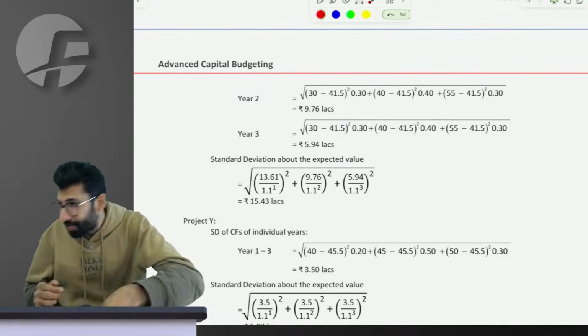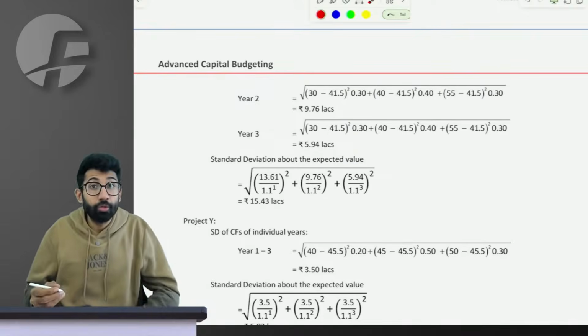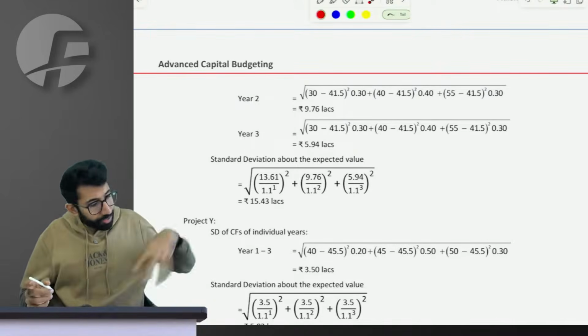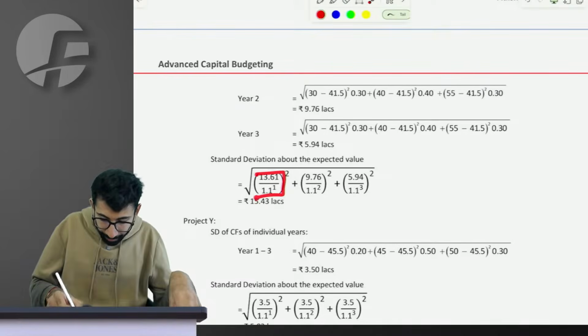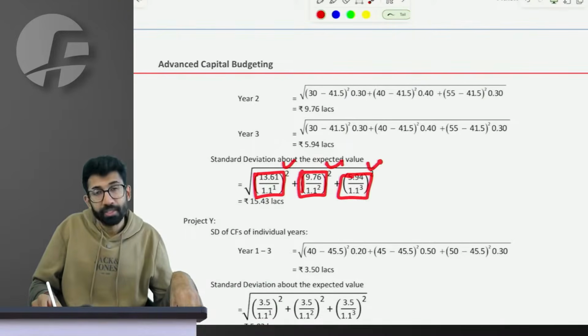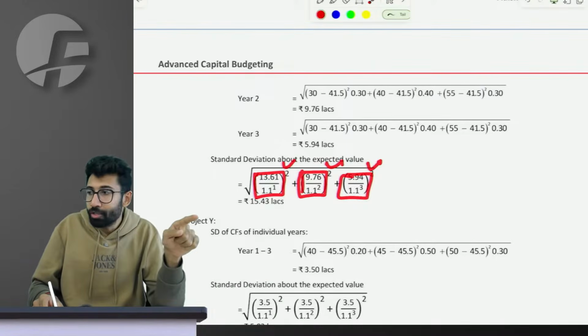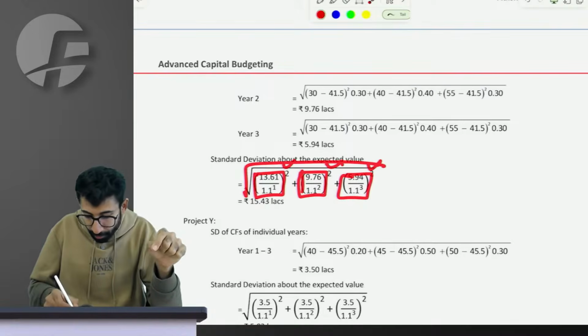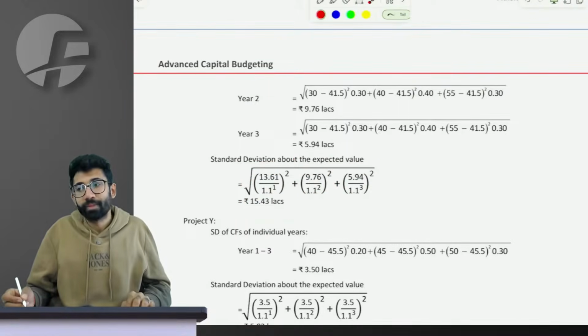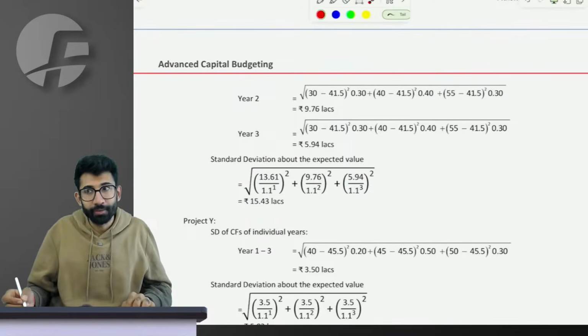Sir, the answer, when you solve it entirely on the calculator, you should be able to do it. We have learnt it in the class that this into equal to M plus, then this into equal to M plus, then this into equal to M plus. Then you do memory recall, which will be the addition of all three of them, and when you press underroot it will be 15.43 lakhs. I hope you guys are done. Yes, are you all able to connect? Come on.